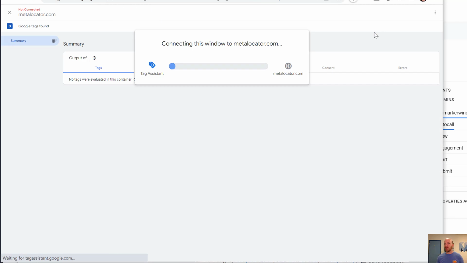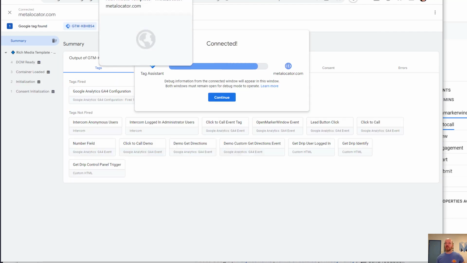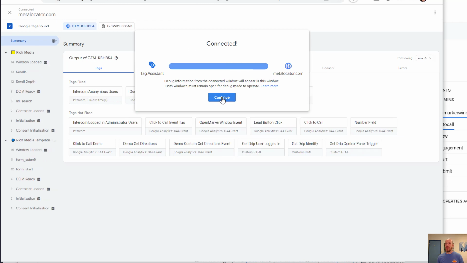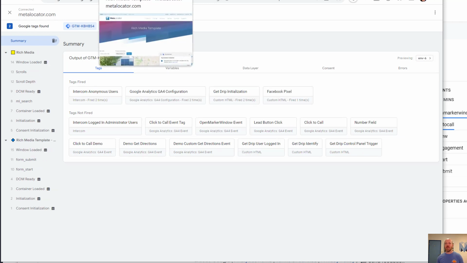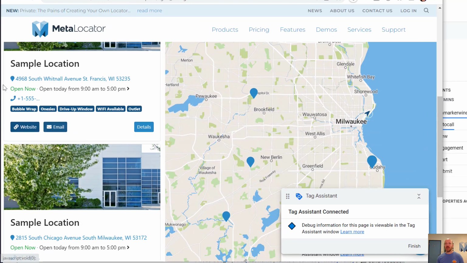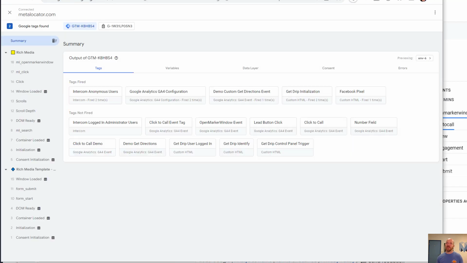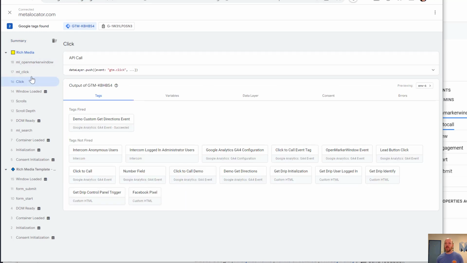So now I've made the changes, I've added the tag, I've created the trigger. I'm going to go ahead and preview this. So it's going to connect to my rich media locator again, and click continue there. And then within this, I'm going to click on a few directions events. And so what I should see over here is a couple click events, and ML click and this click, but